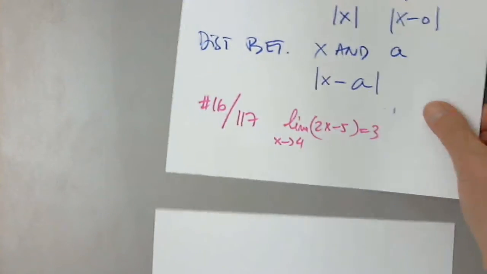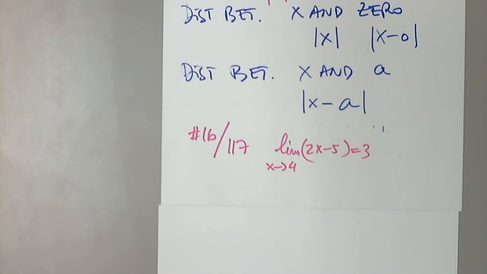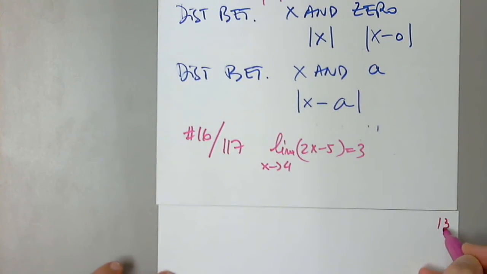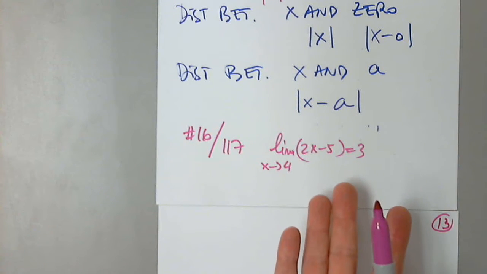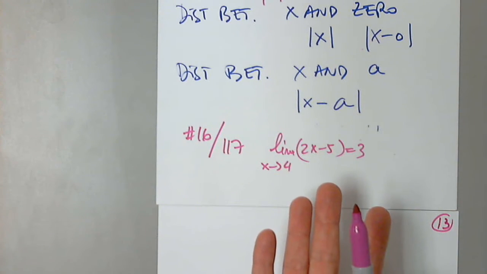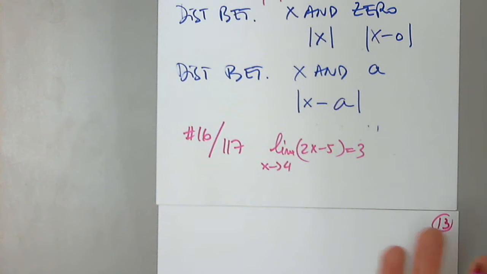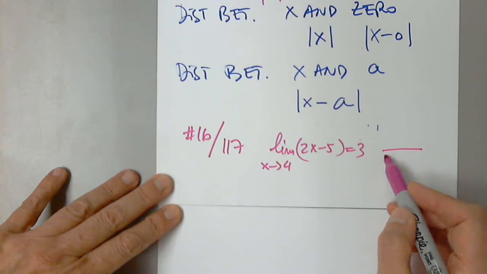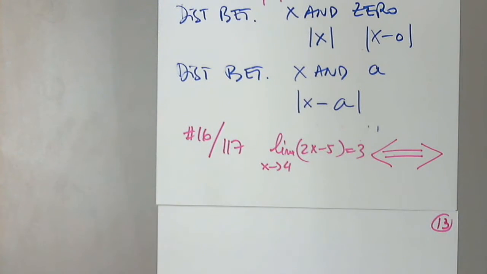So, first of all, is this correct? Is this true? Plug it in. We know. Plug it in and tell me if it's true. Is it? Of course. So now we write the double equivalency symbol